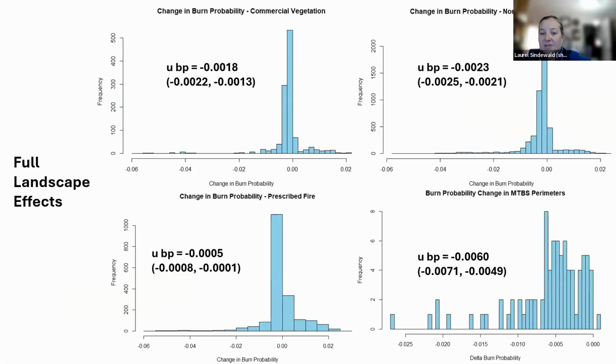Okay, so these histograms show distributions of mean changes in burn probability by treatment type. I created a 1 kilometer buffer around treatments and wildfire perimeters as an approximate distance of treatment effect, based on some of Karin's previous work. And I found the mean of every treatment or wildfire polygon, and then plotted the distributions of these means and calculated 95% confidence intervals. The effects attributable to the treatments at the landscape scale are pretty negligible, even if they